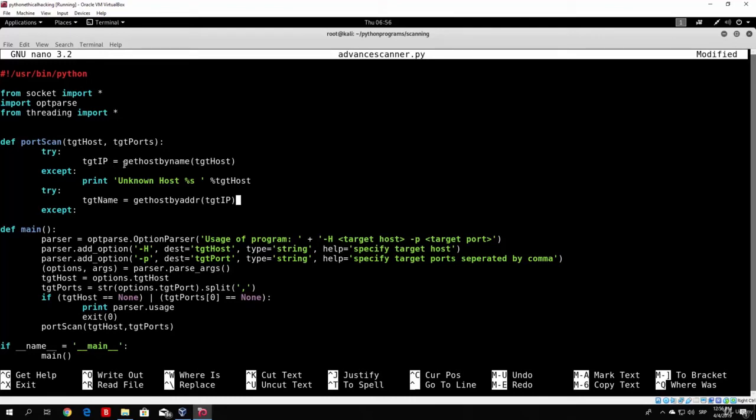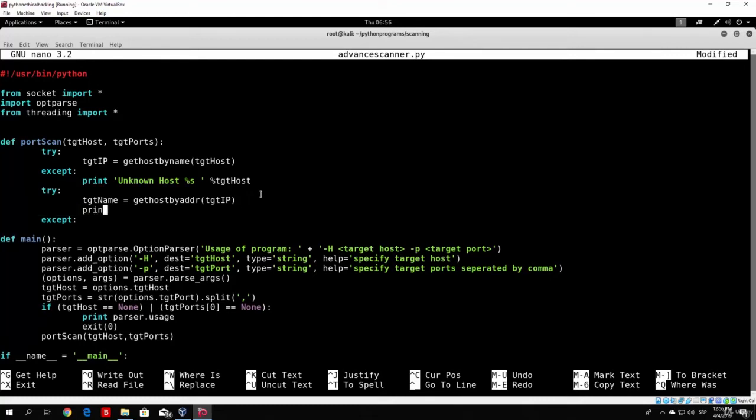This one gets the host name, or basically the IP address, from the host name, and this one gets the name from the address. So right now, once we actually type that, we want to actually print, and let's add a plus right here, and let's actually print scan results for, and then we can just do it like this, and then add the target IP. What this will do is it will basically print out scan results for that IP address, or no, we want to actually